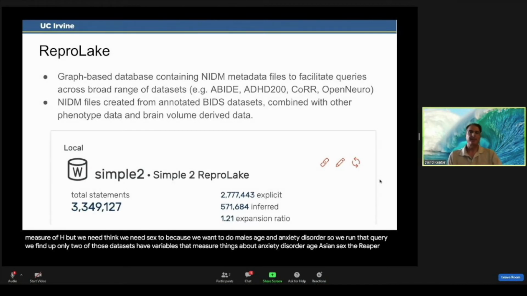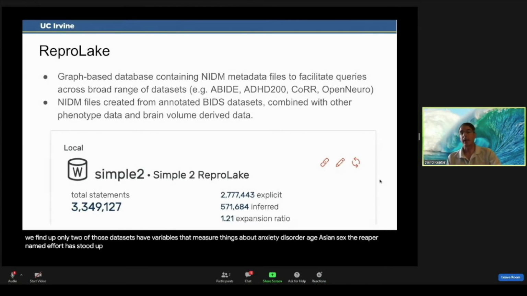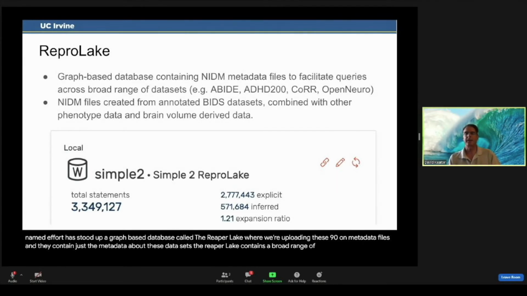The ReproNIM effort has stood up a graph-based database called the Repro Lake, where we're uploading these NIDM metadata files. They contain just the metadata about these data sets. The Repro Lake contains a broad range of metadata files, some from OpenNeuro, ABIDE, ADHD-200, the CoRR data set. These NIDM files can then be used, again, to query across these data sets, and they have links out